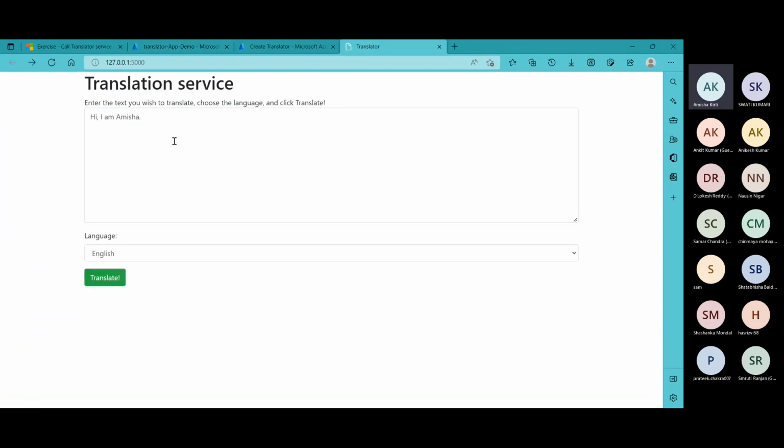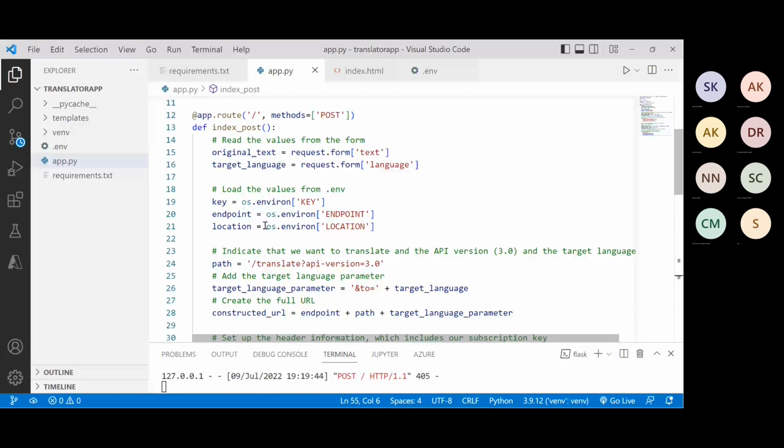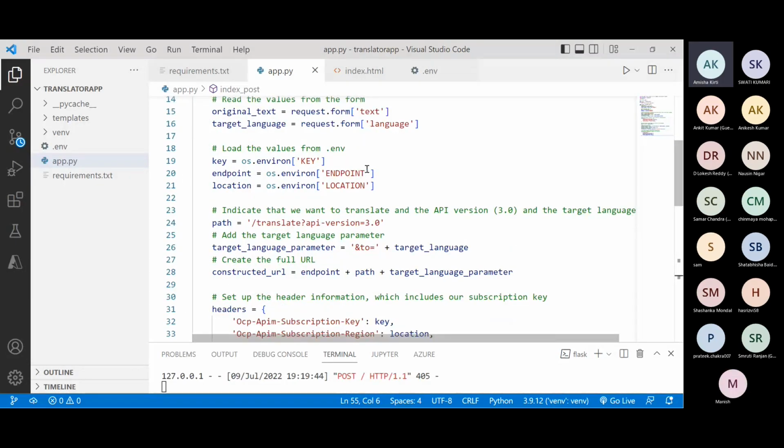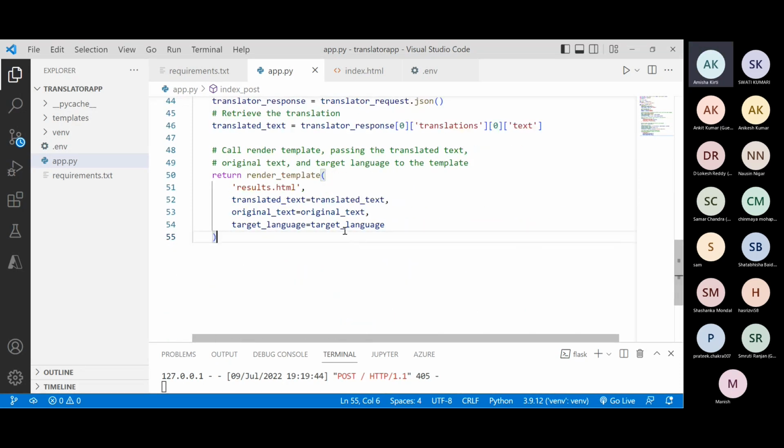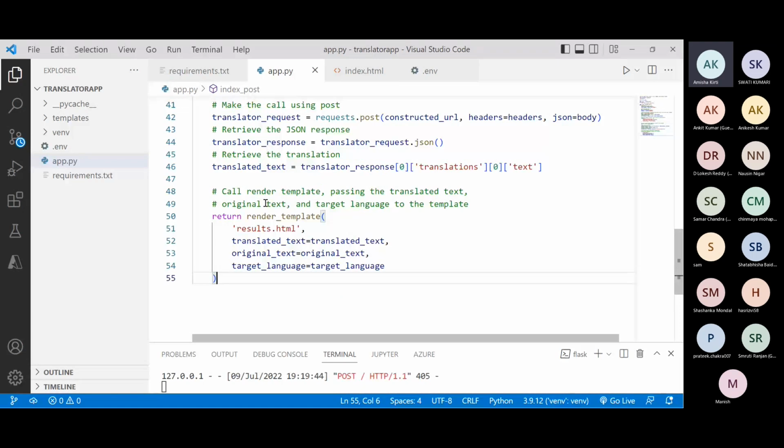First of all, the user will enter the message that he or she wants to translate, and will select the language as well. As soon as the language is selected and the translate button is clicked, the route method will be called, and from the .env file, the API key will be used to call the endpoint and the location. Using the path, it will create a URL, take the response, and display it to the user